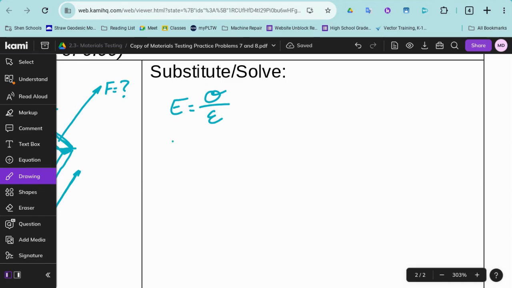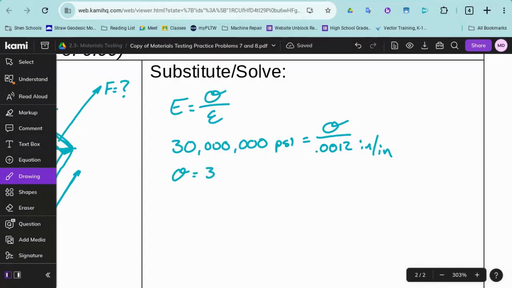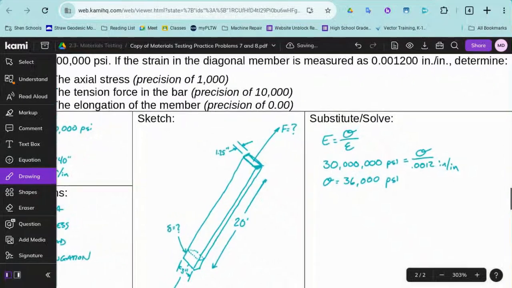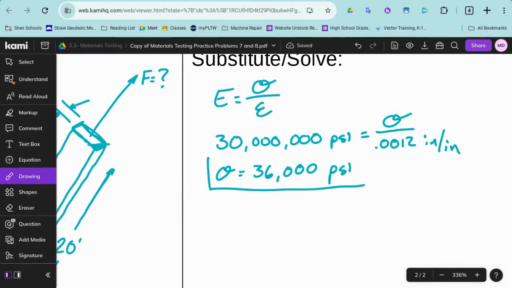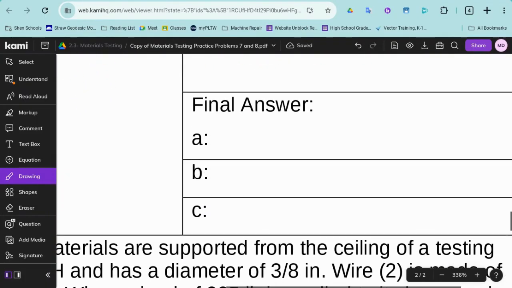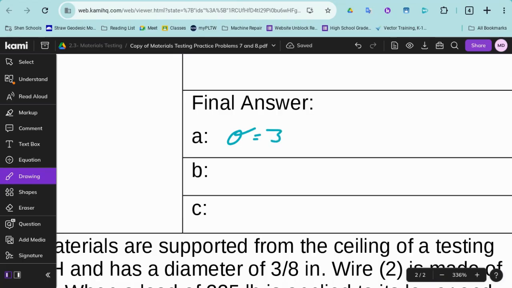And we can substitute those known values, 30 million psi and 0.0012 inches per inch. We multiply both sides by that number, and we come out to a stress of 36,000 psi. We wanted this rounded to the thousands place, and that's what we have. So that's A. Stress equals 36,000